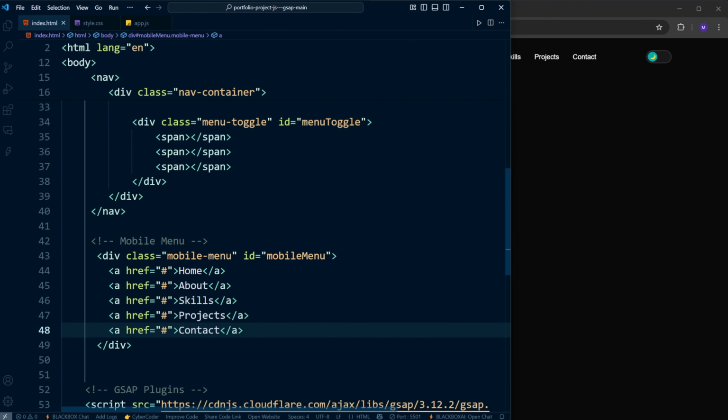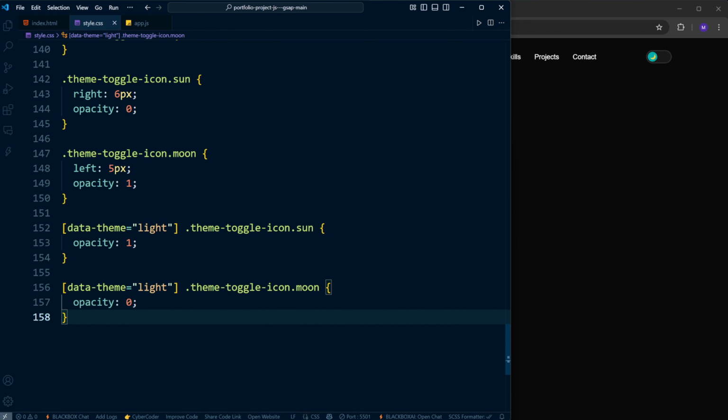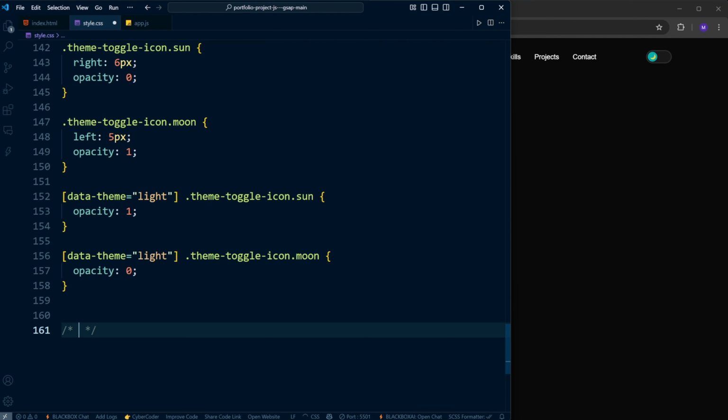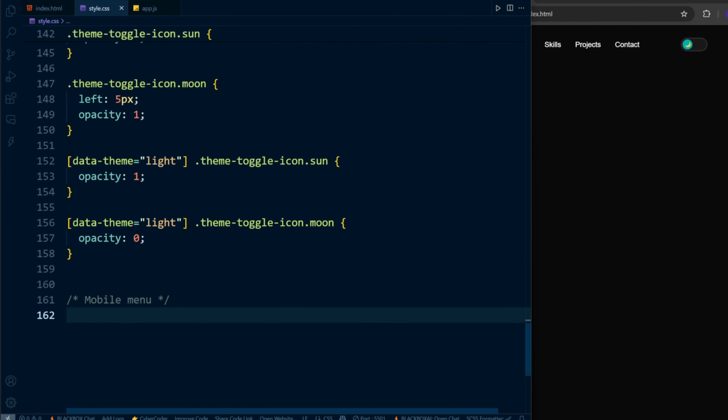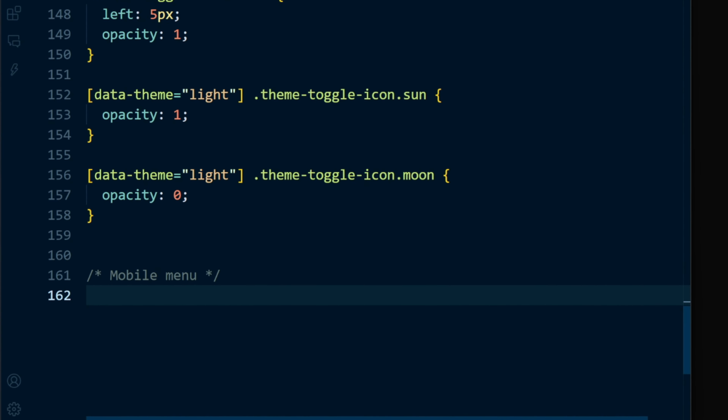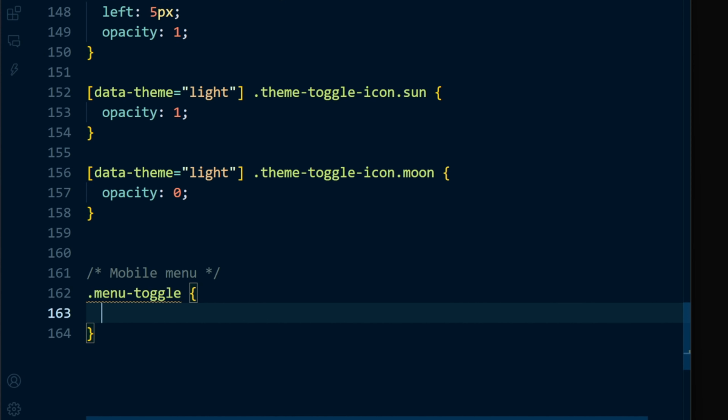Now, let's move on to our CSS file and start styling both the hamburger menu icon and the sidebar menu layout. We'll make sure everything looks modern, clean, and responsive. So here we start by targeting the menu toggle class itself in our CSS file. This is the container that wraps those 3 span lines, and we want to make sure it's laid out correctly